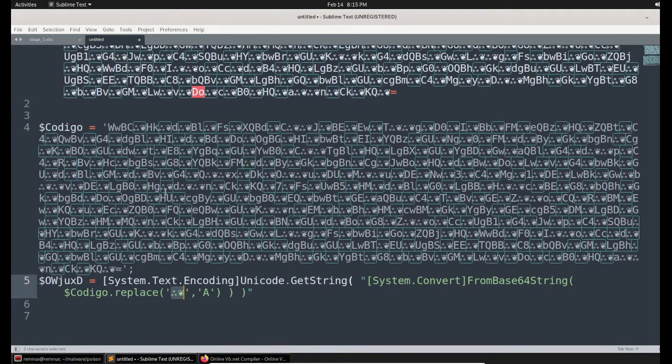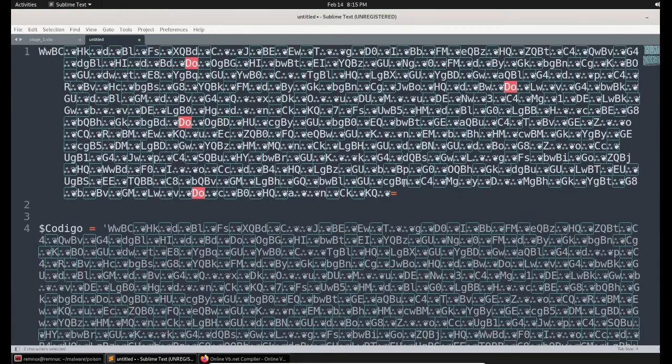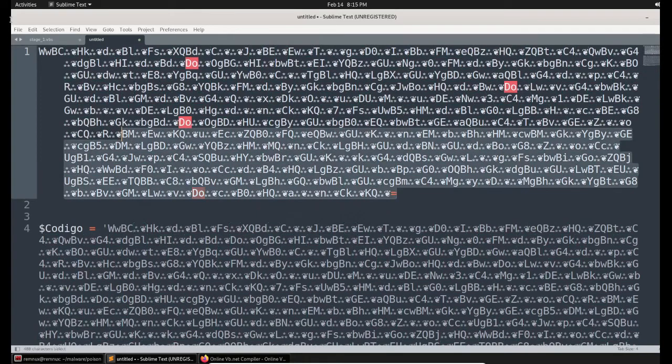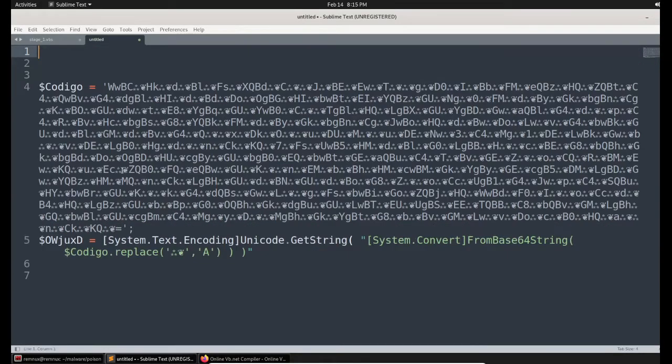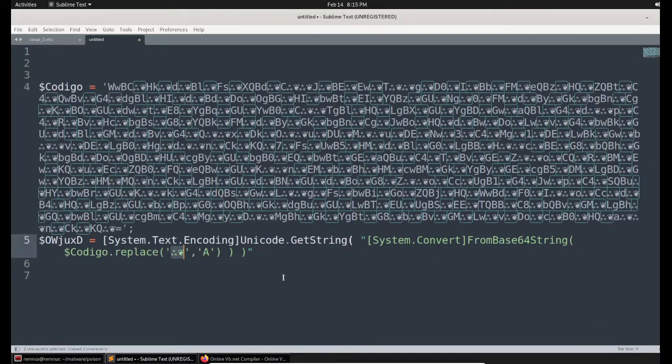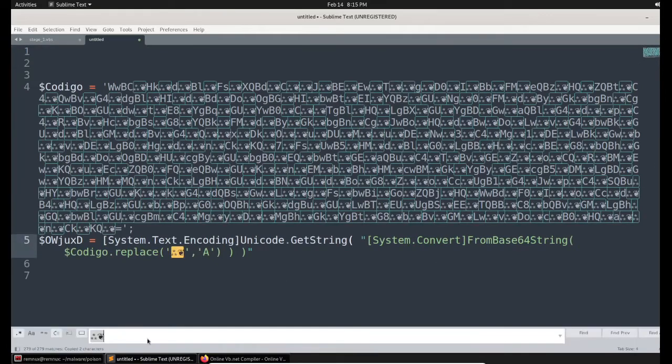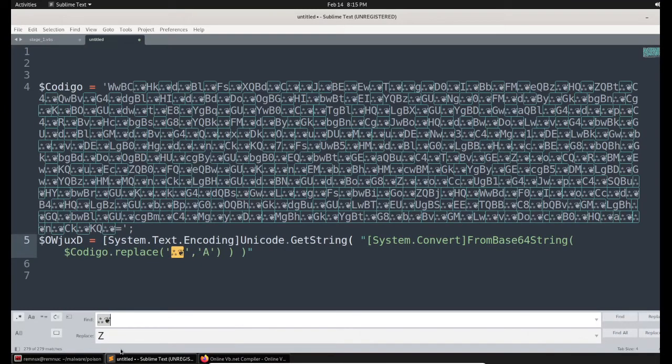I can simply perform the replacement operation on this Codigo string, and I can search for these particular non-printable characters and replace them with A. So that's what they gave here. Let me perform the same. I'm removing this as it is no longer required, and Control H, and I'm replacing it with